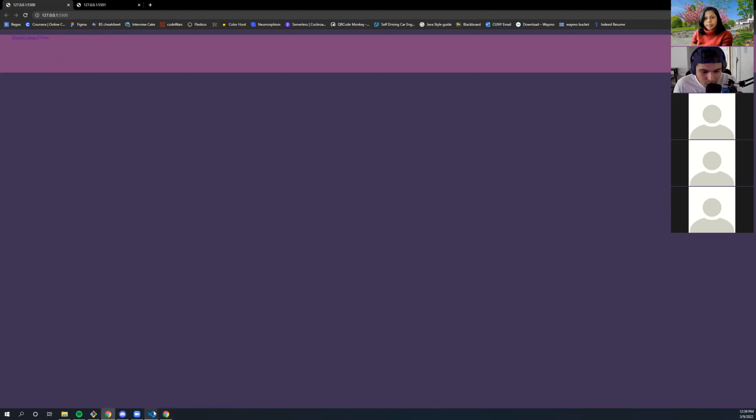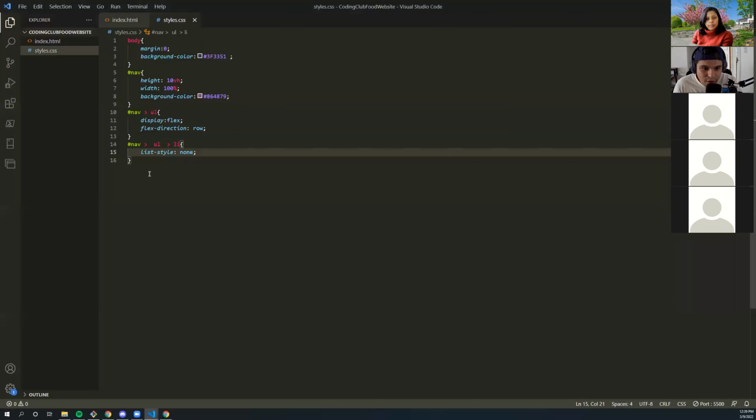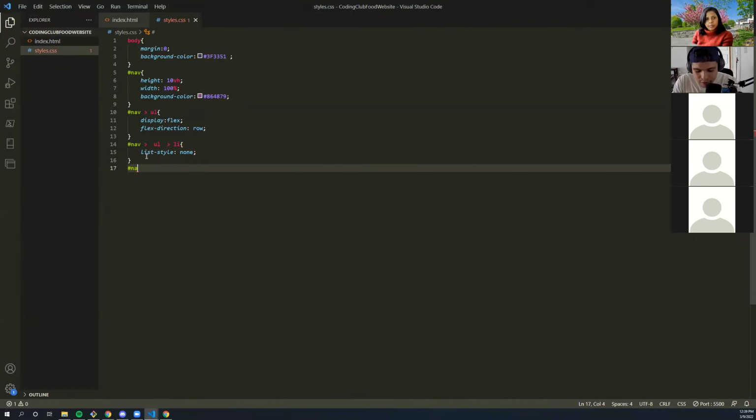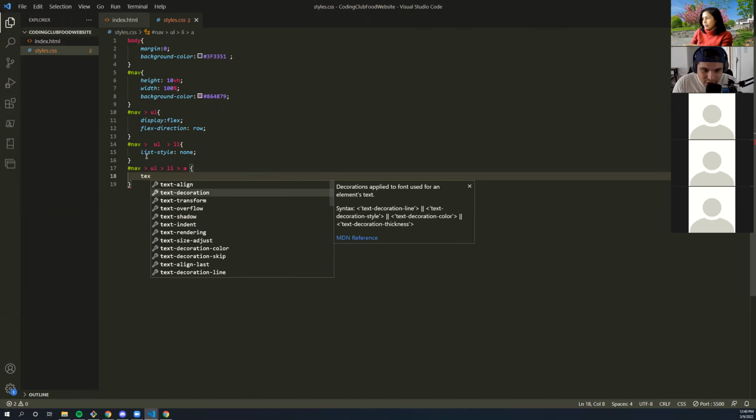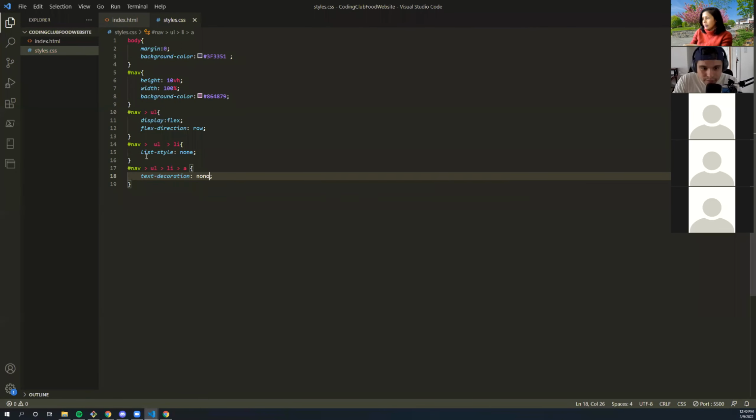All right. So what I'm going to do is I'm going to go into my CSS now, and find the A within this project, in this nav bar. So I'm going to go nav ul li a, and a better way to have done this would probably be to put a class or an ID on these a tags or on these links. This way we can circumvent a lot of this syntax. So now I have access to all the A's, and I want to say text decoration none.